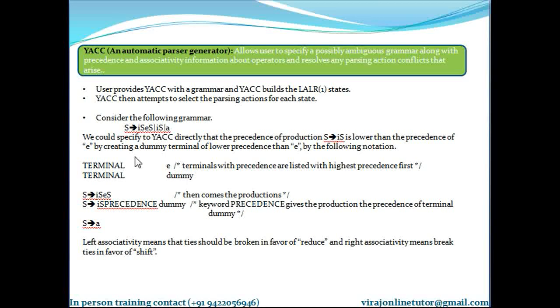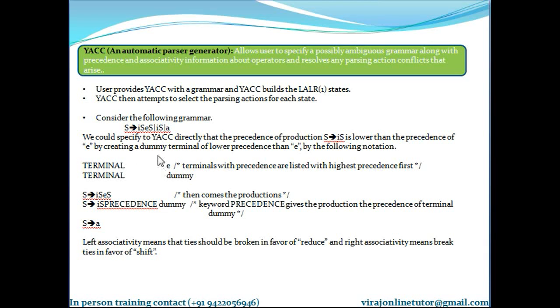So in Yacc, at the start you have to give the precedence of the terminals. Please specify the terminals in the decreasing order of precedence, meaning give the highest precedence first, then the next precedence, then the next precedence. So please write the highest precedence first. So here I want to make else a higher precedence than a dummy. I am giving a dummy precedence to this production. Okay, and if I make else a higher precedence than that dummy, that means this production will have a higher precedence over this production. I repeat, if I give this production a dummy precedence, and if I give else a higher precedence over the dummy, then this production will have a higher precedence over this.